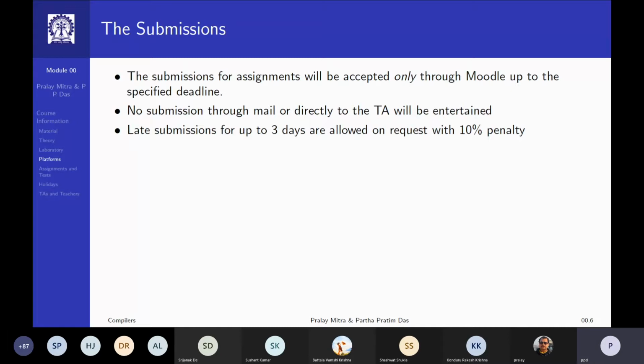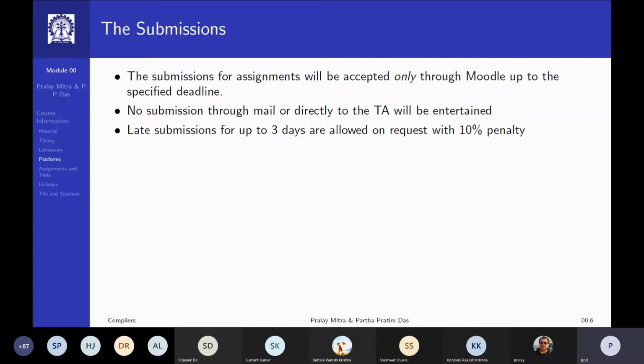If you are late for a submission, ask for an extension, and we will extend it for you with obviously some penalty on the final credit. Normally, our principle is late submissions with permission for up to 3 days will be allowed with 10% penalty on the credit that you earn.